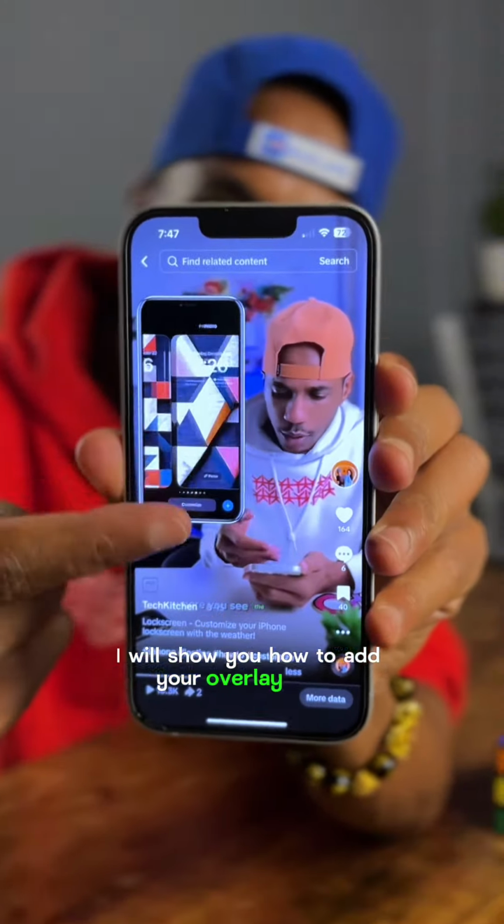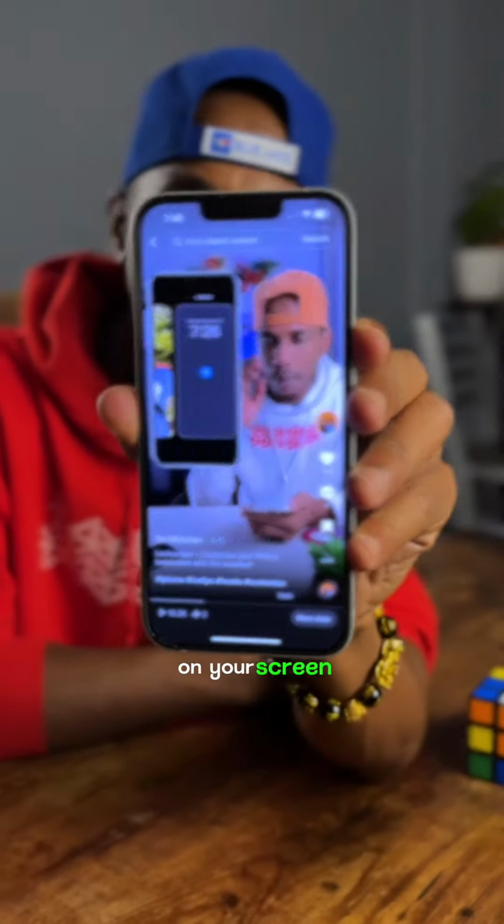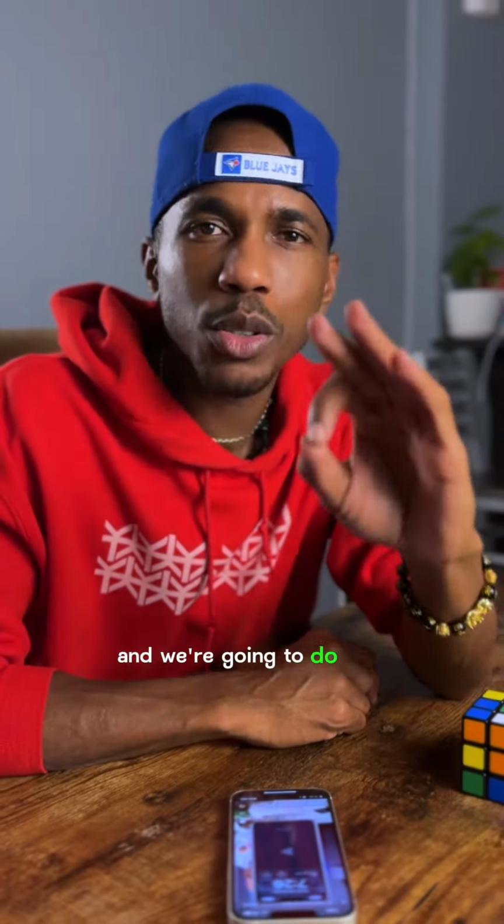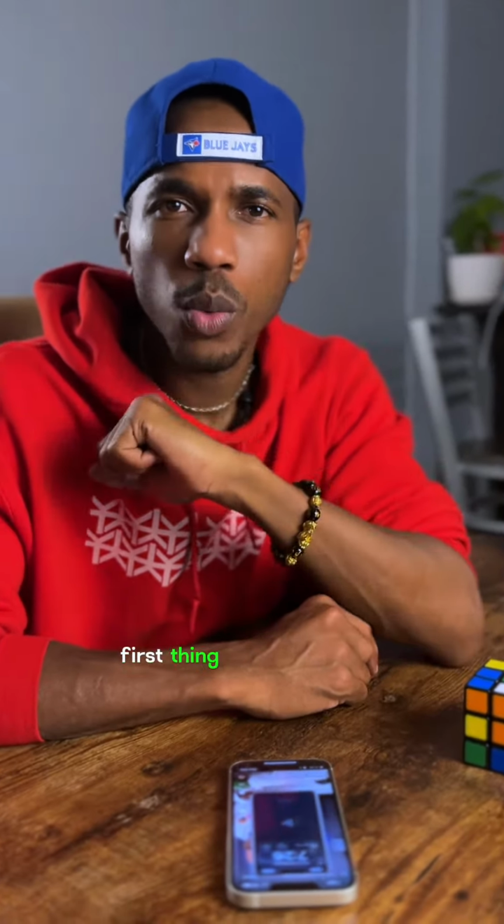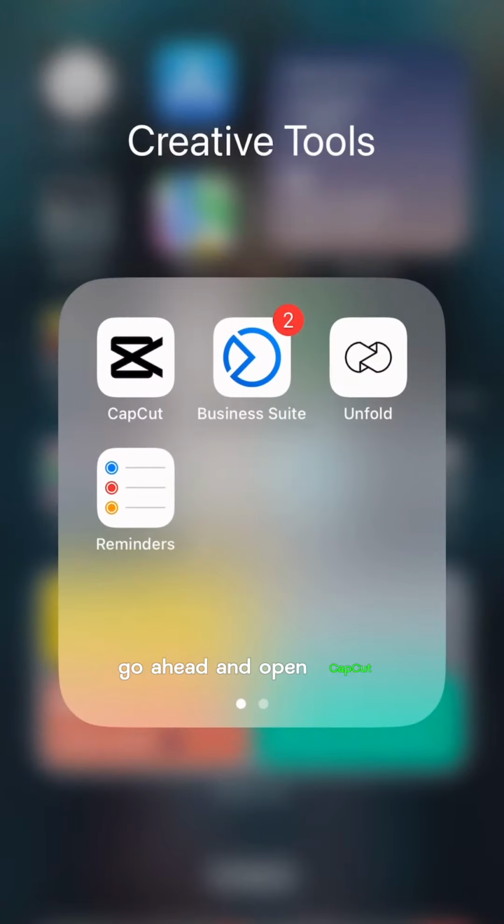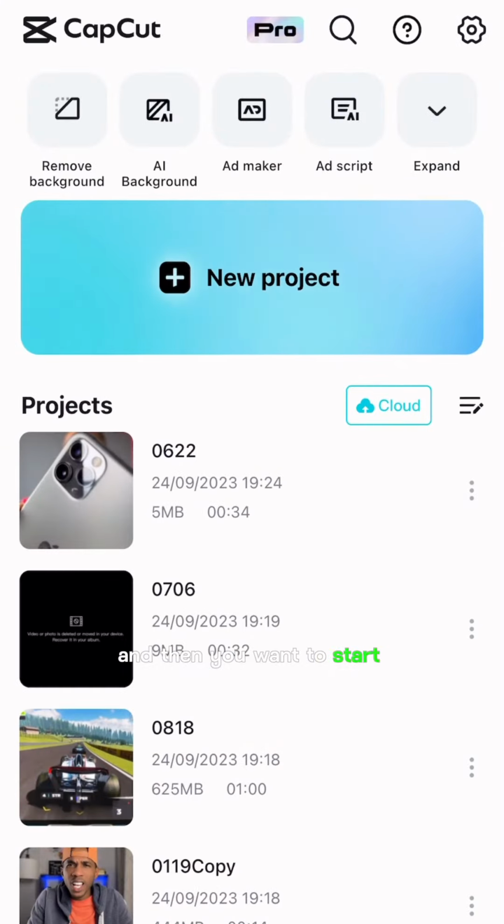In this video, I will show you how to add your overlay phone on your screen. It's quite simple and we're going to do this in a few steps. First thing you want to do is go ahead and open CapCut, and then you want to start a new